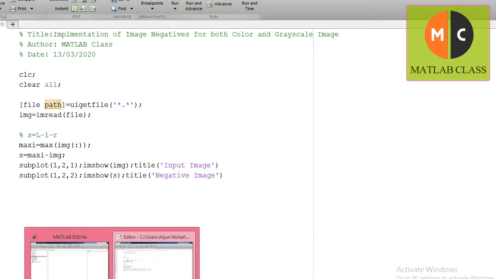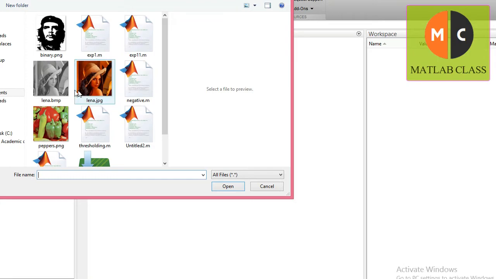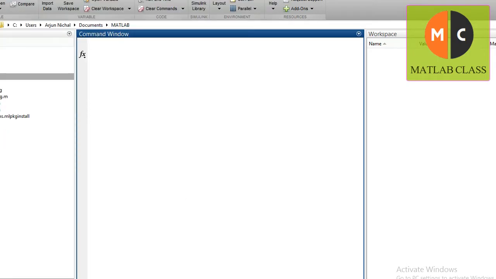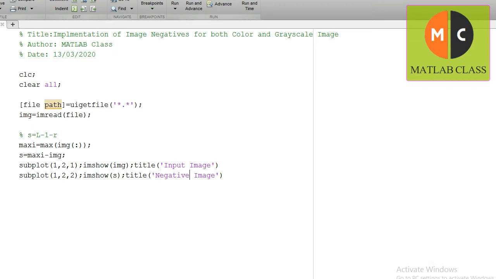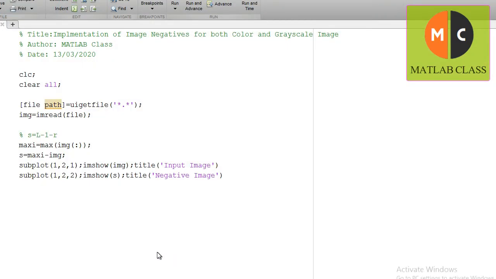Okay, now my current folder is open. So you have to select one grayscale image, just click on open. It will give us the corresponding output.